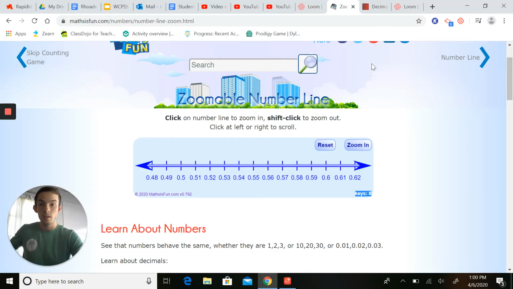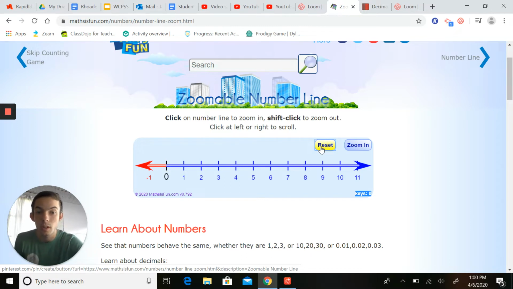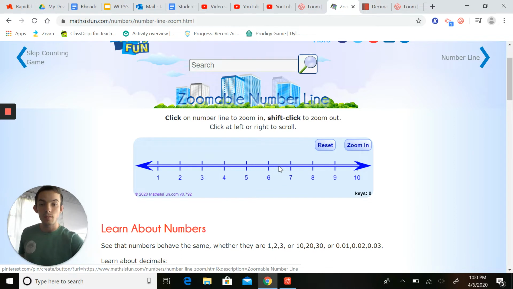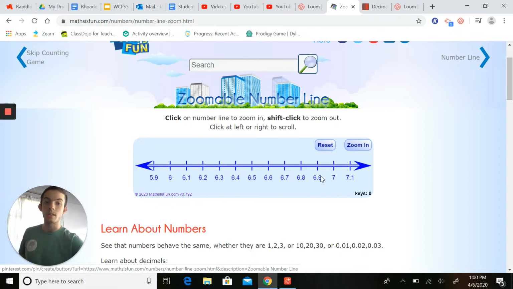Zoomable number line right here. It's really cool. I was playing with it a little bit earlier. You can reset it like that. If you want to know what's in between, we'll say 6 and 7, click right here and you can zoom in to see, oh snap, what do we have here? Between 6 and 7, we have 6.1, 2, 3, all the way to 6.97. These are tenths. If we notice 1, 2, 3, 4, 5, 6, 7, 8, 9, 10 jumps between 6 and